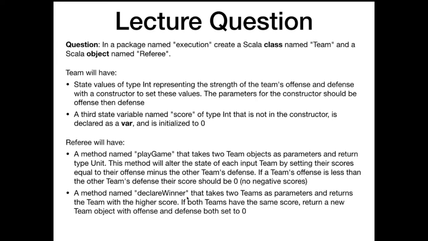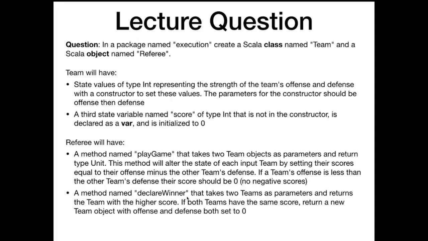Question? You don't have to enforce that there's no negative scores allowed? Do you have to enforce it? You should enforce, when you set, so when the two teams play each other, you're going to take this team's offense minus this team's defense. If their offense is less than the defense, set their score to 0 instead of negative. So for example, if two teams have very weak offense and very strong defense, and they play each other, it's going to be 0-0 at the end of the game. So when you declare a winner, you don't want to give it to the least negative number. If you have negative scores, you're going to get jammed up in the declare winner.